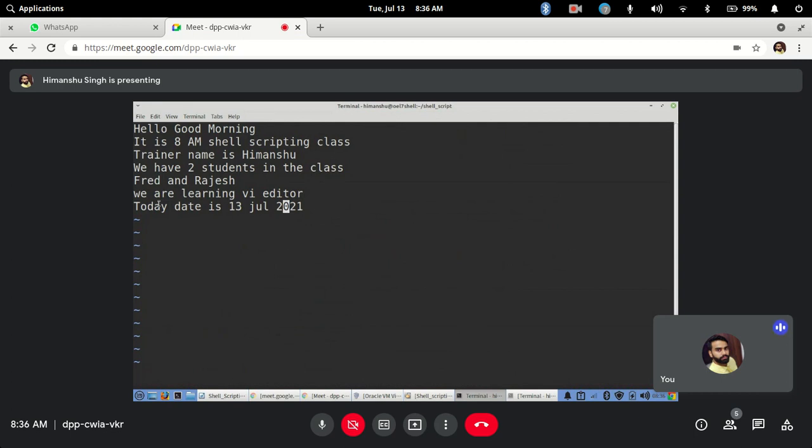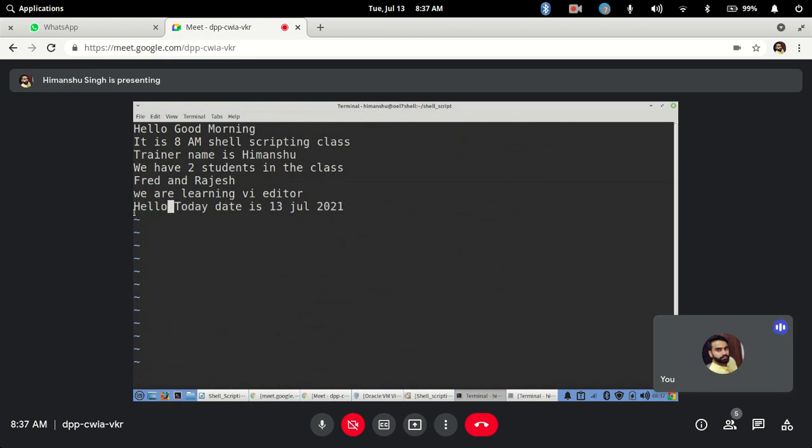So I will press shift I. See, now it has changed to insert mode, but the cursor is at the first character. Now whatever I type, hello, it will write before that.